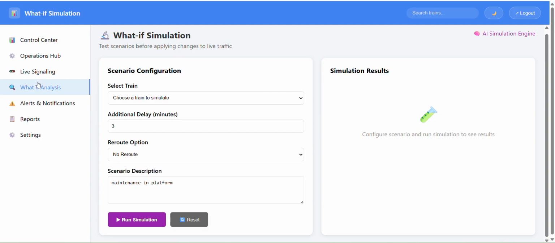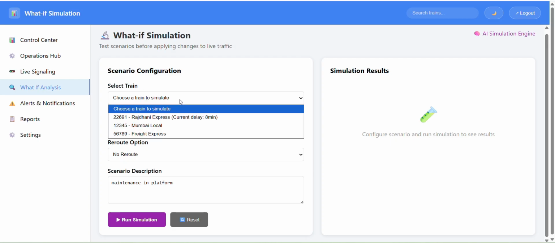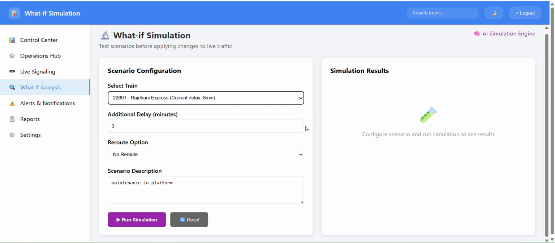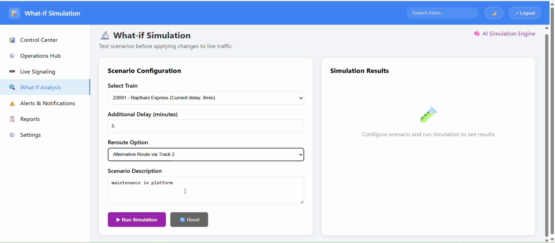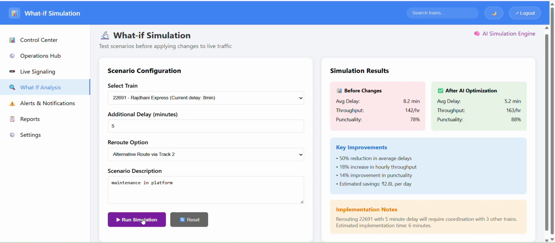Now let's explore the WATF analysis tool, a simulation engine for testing scenarios before applying them live. Suppose we choose a train, for example the Rajdhani Express, with an additional delay of 5 minutes. The route option is alternative route to track 2 and the scenario description, for example maintenance platform. Now if we run the simulation, we can get the simulation results. The system predicts outcomes like congestion, impact, or delay propagation, which helps controllers in making informed decisions without disrupting actual